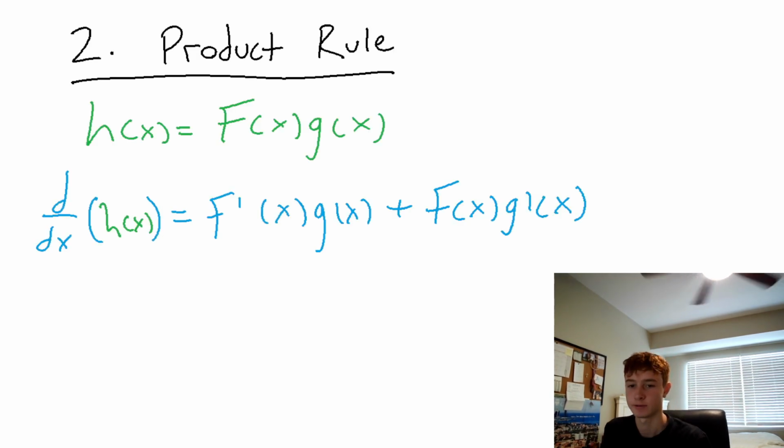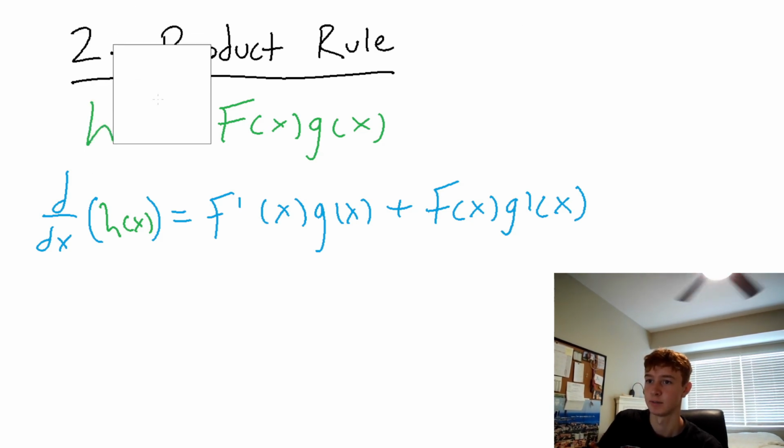If you have a function like h of x that is the product of two other functions, for example f and g, the derivative of h of x is f prime times g plus f times g prime. So what this looks like in practice